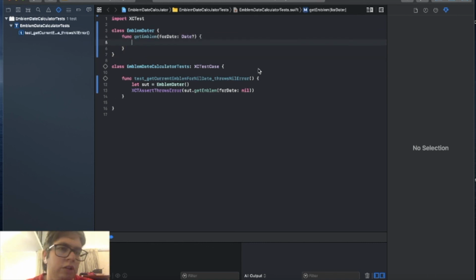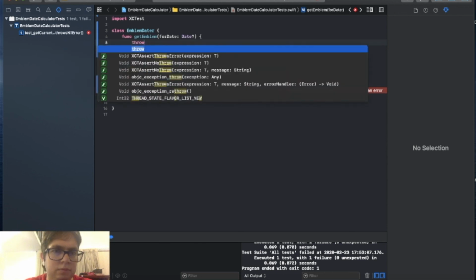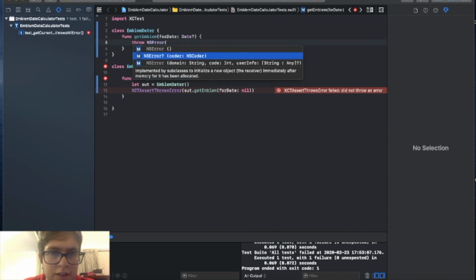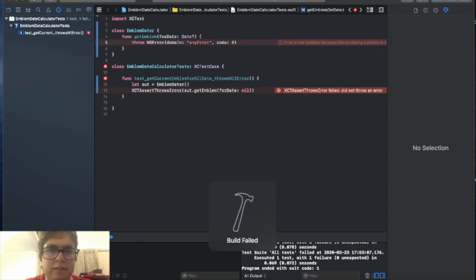and there we go. Well, to run this test, I'll press Command U, and as you can see right now, my test is failing because it did not throw an error. Okay. The simplest solution to this is to make this throw an error. So I'm going to throw an error, and my error is going to be any error, and the code I'll start with 1, and I don't need this user info, so I'm going to ignore it. Okay, I'm gonna press Command U again,